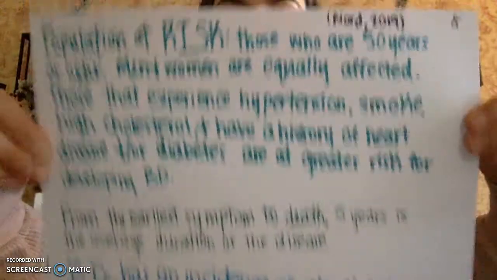The population at risk are those who are 50 years or older. Most women and men are equally affected. Those that experience hypertension, smoke, have high cholesterol, and have a history of heart disease and/or diabetes are at greater risk for developing BD. So if you haven't noticed yet, memory is also a big part of subcortical vascular dementia